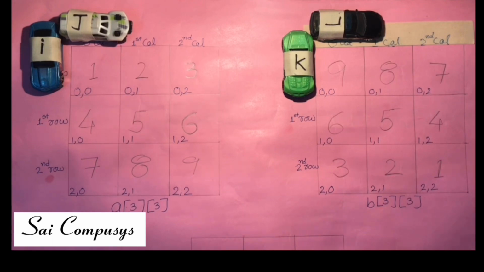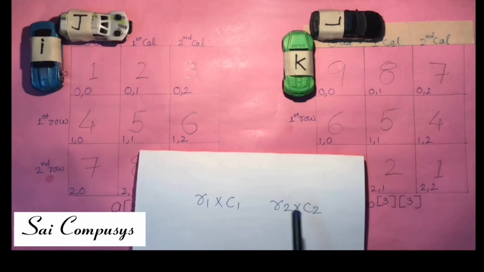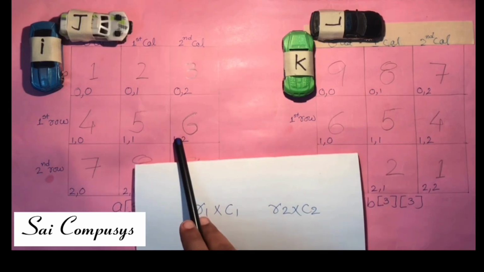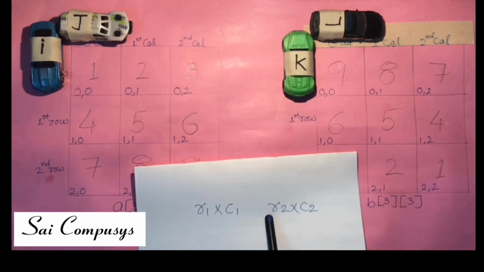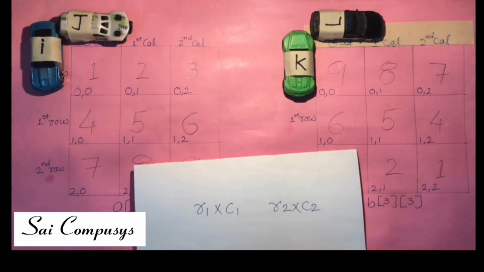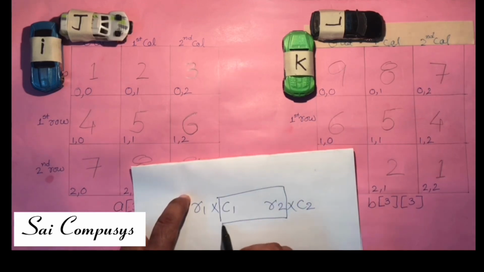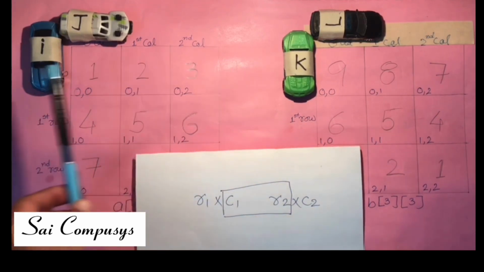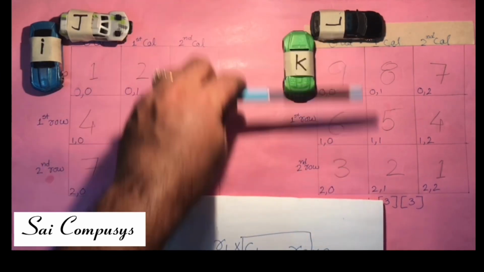But you know a condition about multiplication, that if R1 C1 and R2 C2 are the orders of the two matrices, number of rows and columns of first matrix R1 C1, number of rows and columns of second matrix say R2 C2, the condition for multiplication is this: C1 must be same as R2. Let us see what is C1. C1 means this, columns of first matrix. R2 means this, rows of second matrix.